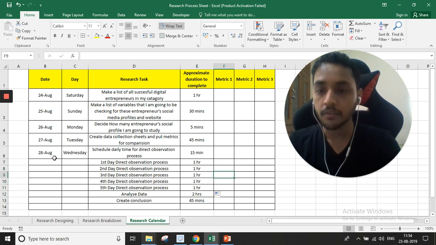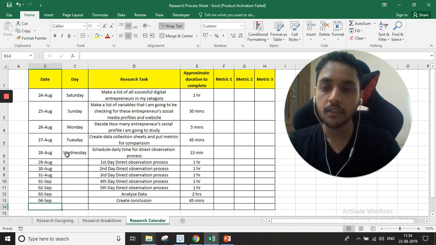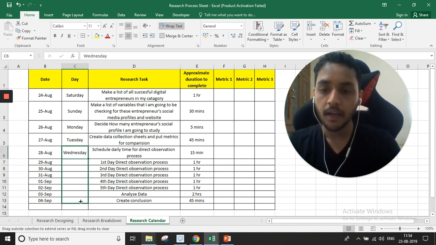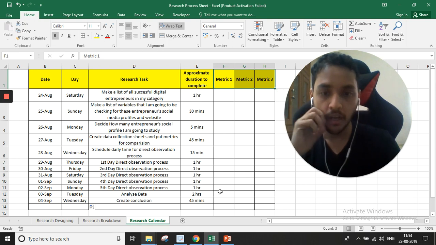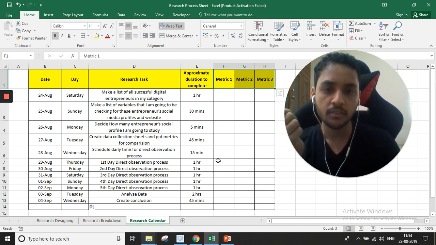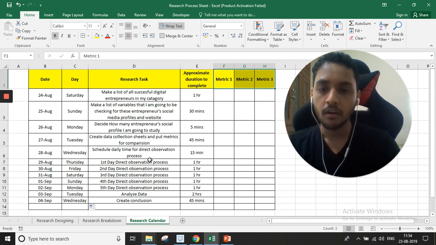Yeah, we have it. So we can see already by 4th September, I can complete all this work, and it also follows the entire research methodological process. So here you can see the 3 metrics. I've written down the 3 metrics because once you have done all of this, you should probably have the 3 metrics that you're going to be using in order to compare and conclude the data from all this observation